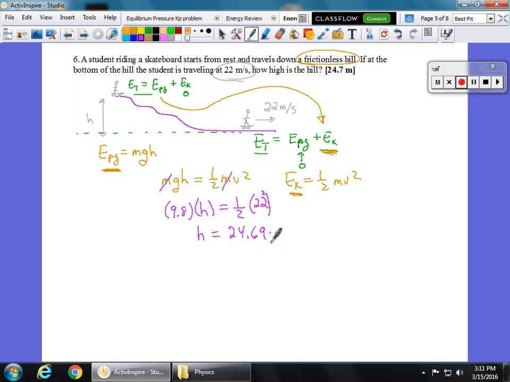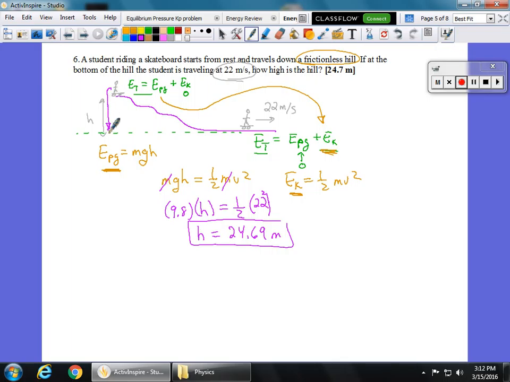24.69 meters is the height of our hill. Now, some of my students noticed that they did this with kinematic equations, and they just kind of said, hey, well, what would happen if something just accelerated down at 9.8 meters per second squared? So what if we did this and the guy just fell off the side of the hill instead of gliding